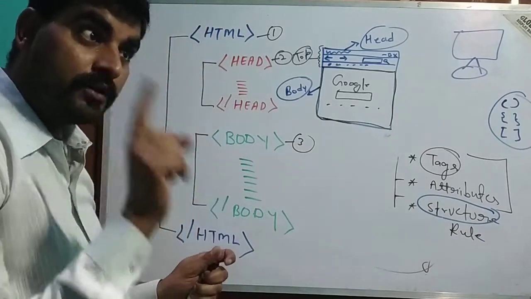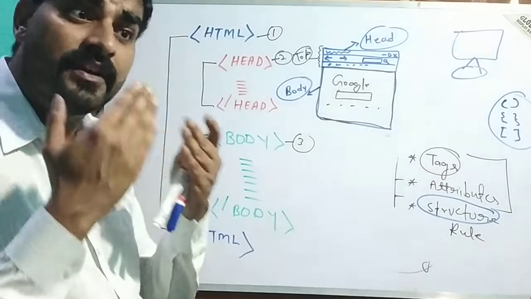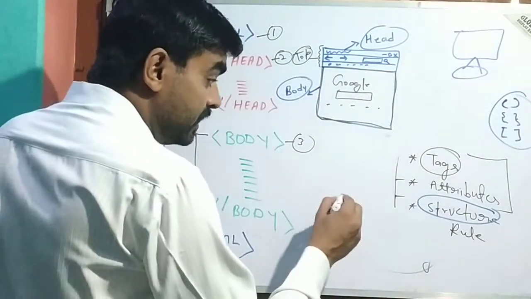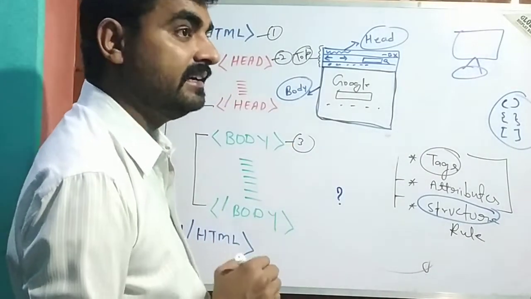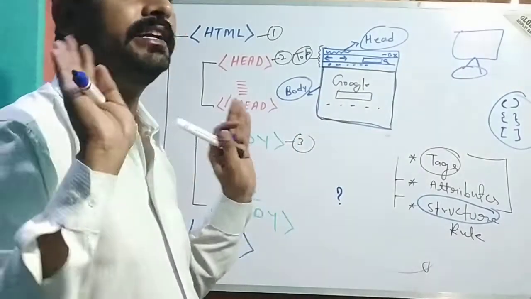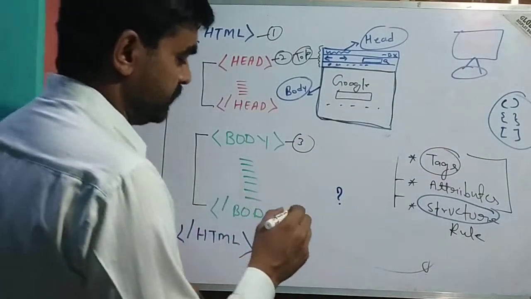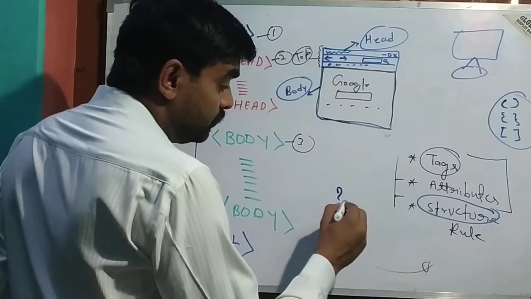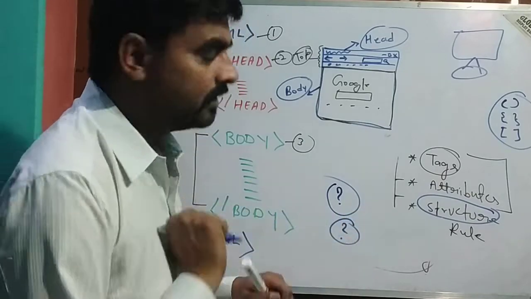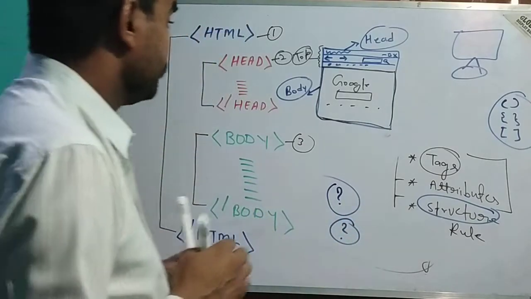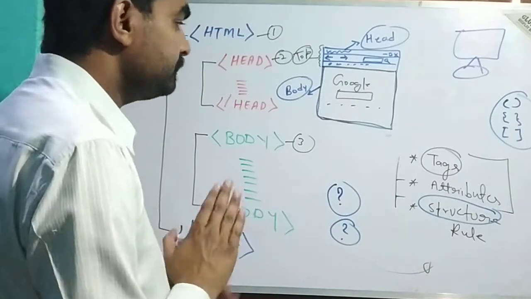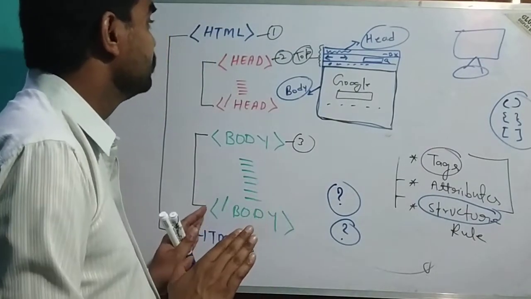But if you are going to write this code, okay student, the question is where you have to write. First thing, where you have to write, and is it possible to write code and it will turn into a web page? No. Two questions. How and where we will write, and how we will turn that code into a web page. So student, I will give this answer. After that we will wind up for today's class.